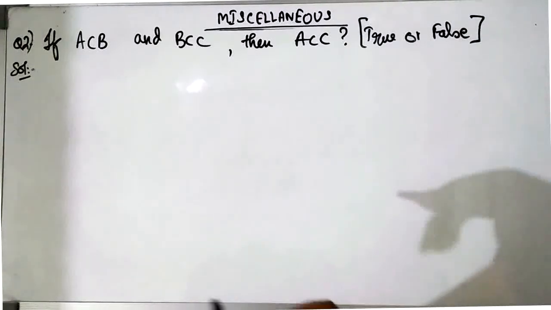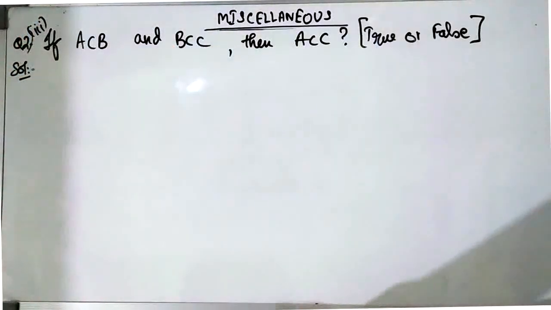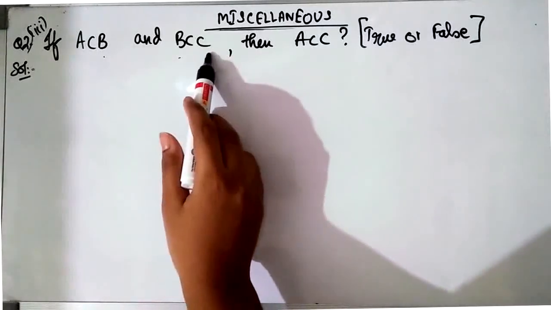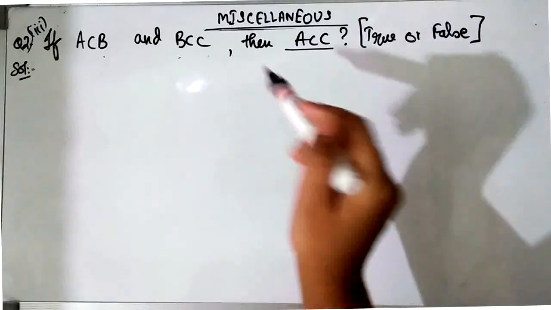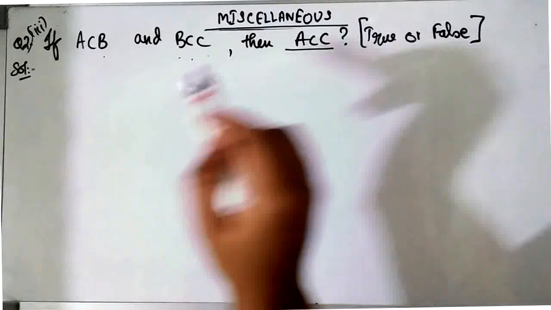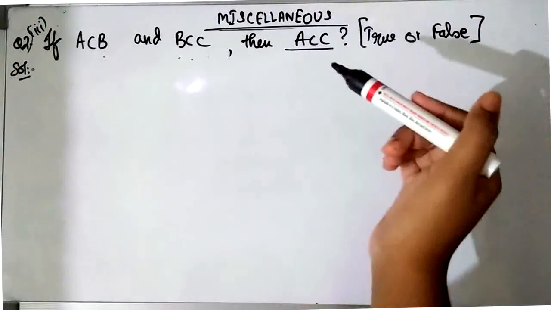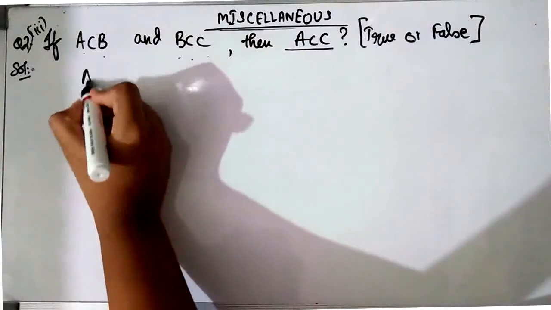Now the next bit you see, this is our third bit. So now the third bit says if A is a subset of B and B is a subset of C, then we need to check whether A is a subset of C or not. That is the two conditions we have to prove, and then check whether the third condition is true or false. So we will again take two sets. Now we will fulfill these two conditions.